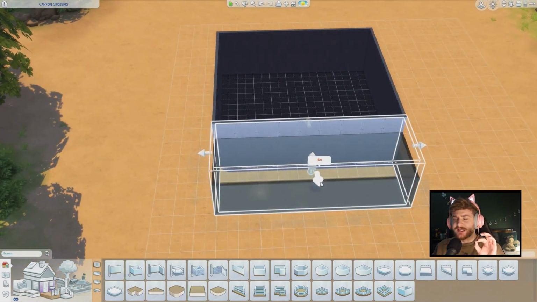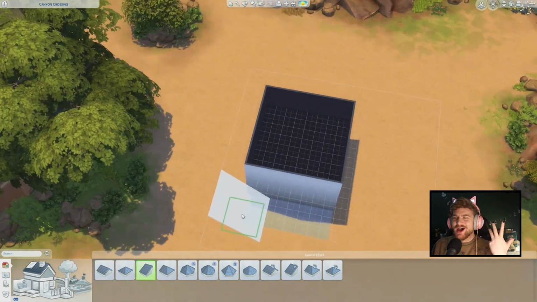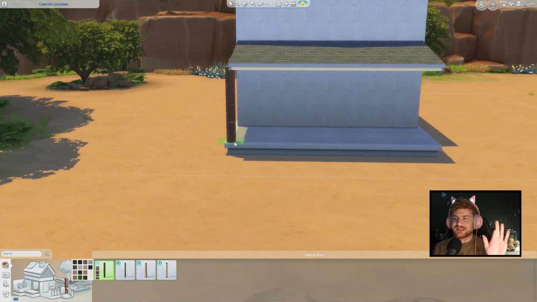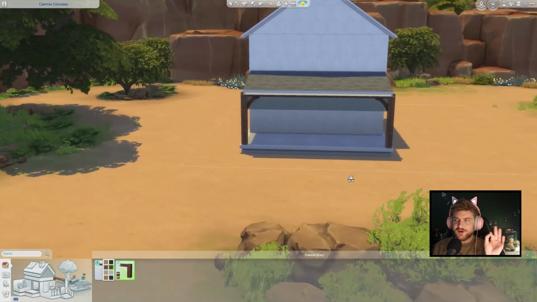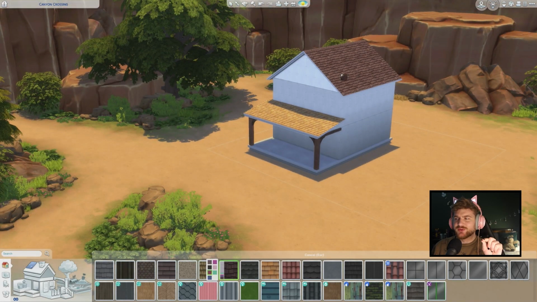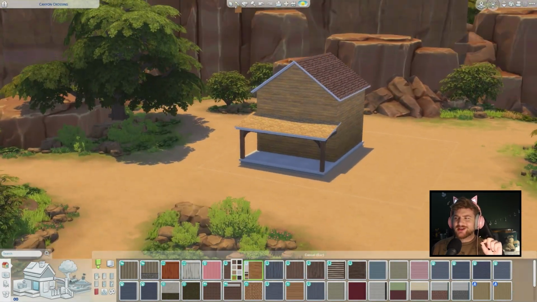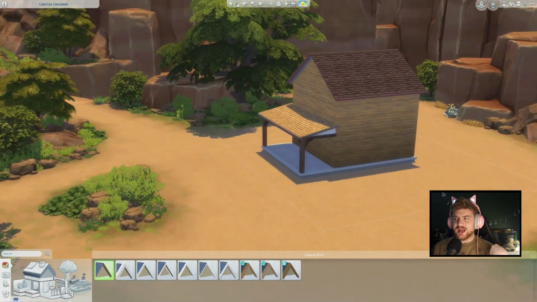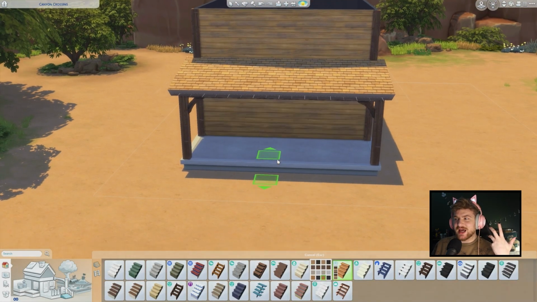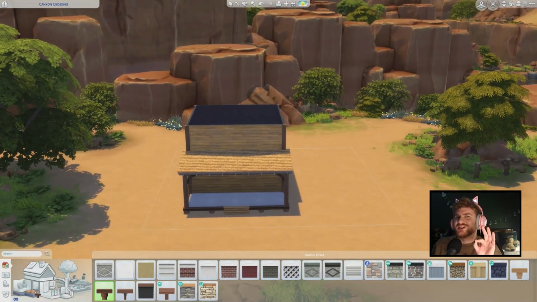Now, this house is very square. Back in the day, a lot of people just bought their homes pre-built, so square houses were very common back in the West. And as I was building this house, I started to realize that it is very familiar towards the Courage the Cowardly Dog house. And with that in mind, I decided to decorate the inside very much inspired